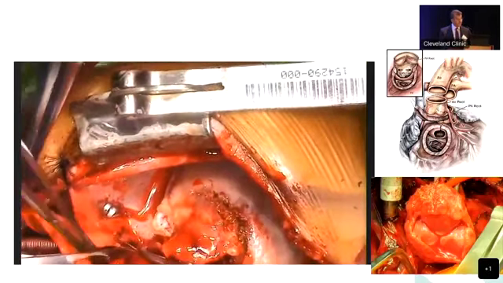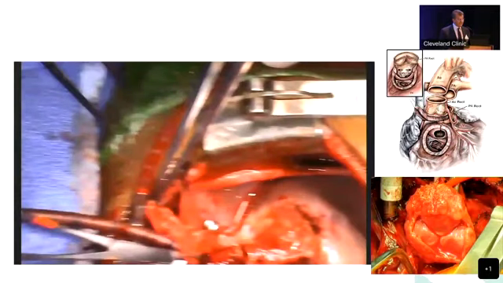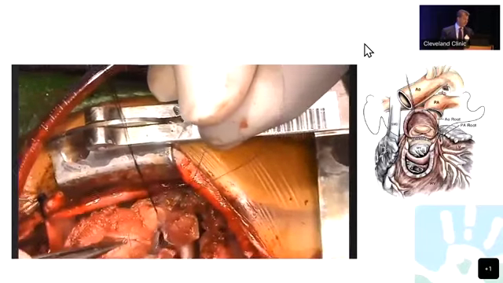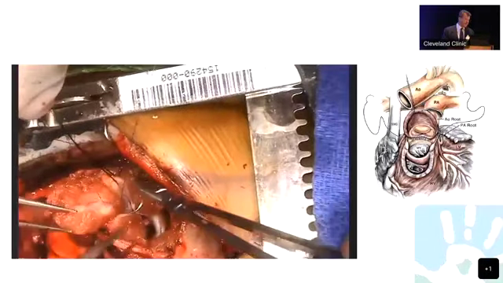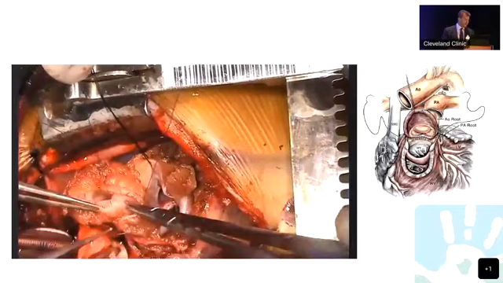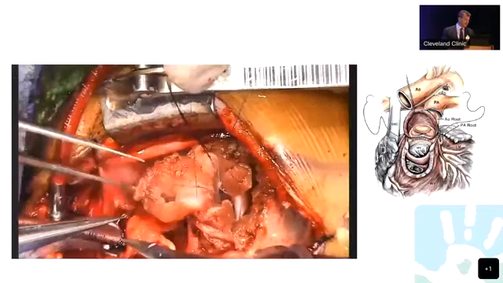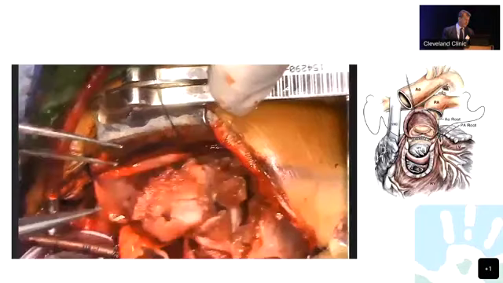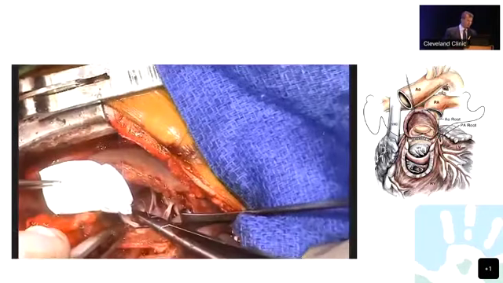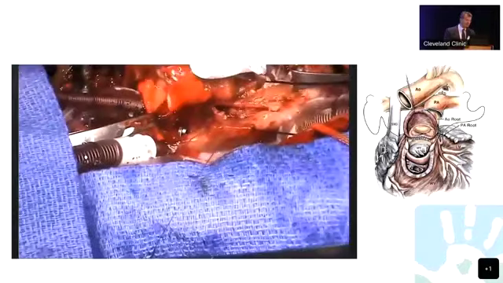In this particular patient, I did not have to completely detach the aortic root from the RV outflow tract. I actually just pivoted the aortic root to the left ventricular outflow tract. Then subsequently, finishing up the reattachment of the aortic root into the left ventricular outflow tract posteriorly. And then closing the VSD, I use